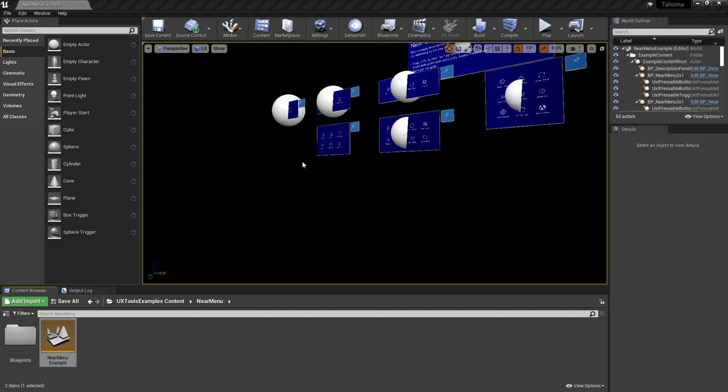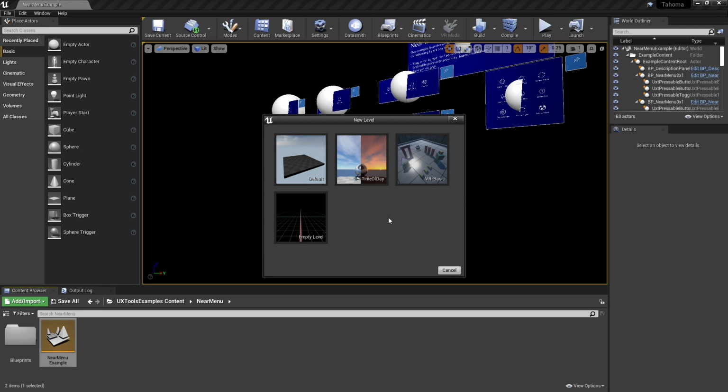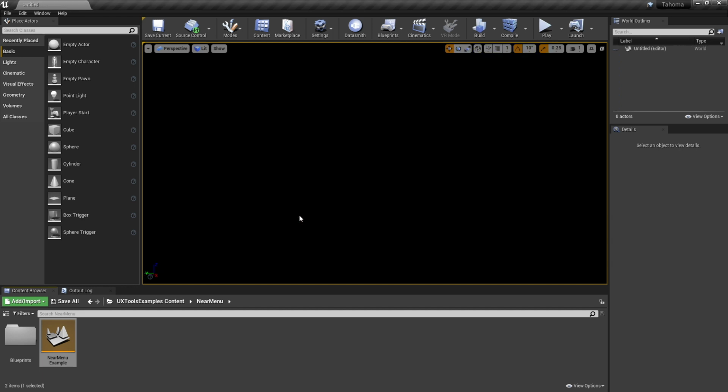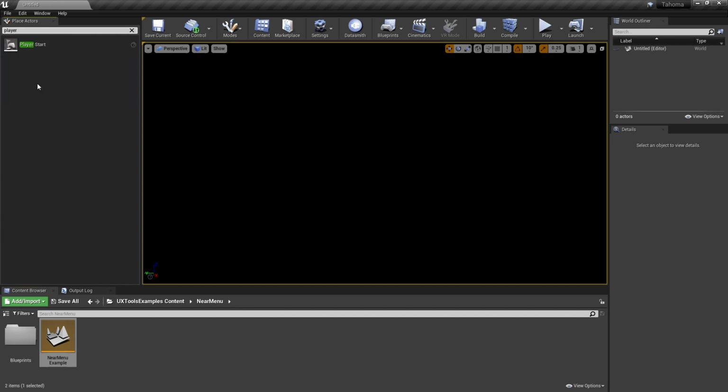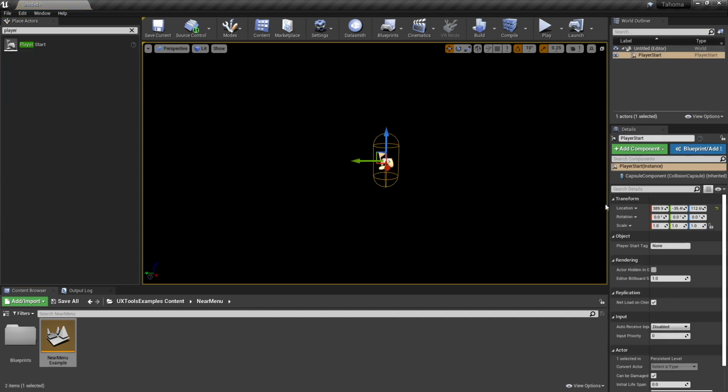Alright, now that we have a main menu blueprint, let's create a level to place it in. Whenever working in mixed reality, I always select empty level because in mixed reality we're working with the real world, so we don't need a skybox or any other objects to represent our environment. So, with a new level selected, first thing you always want to do is drop a player start in. The player start in this situation will act as the origin of the virtual world and real world. So let's just set it to the origin just to be clean.